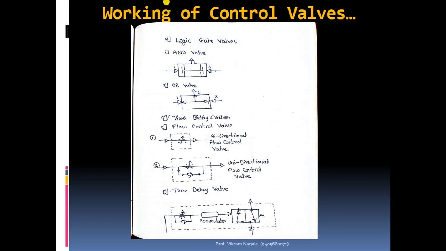Now it is obvious that whenever the air is coming at port 1, it will go like this, it will come here, and from this small aperture you can see the air will come over here. But let's say we are supplying air at port number 1 only, we are not supplying air at port number 3, then what will happen? This is a small aperture and this is a plunger. So whenever the air is applied at this port 1, the plunger will move towards the right side, and it will cover this aperture, it will block the aperture, and air will not pass to port 2.